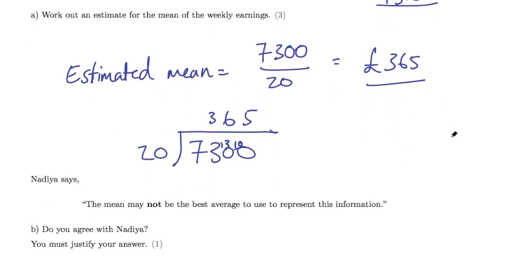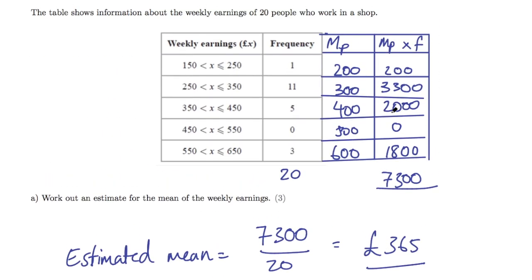And I'd say with a mean, it's sometimes not the best if there are outliers in the data. So an outlier is a data value that's very different from the rest. So if you're talking about wages, if there are 20 people in the company earning £400 a week and there's one person earning £10,000 a week, that person earning £10,000 would be called an outlier. So in this data, I would say we do have outliers because we've got 3 people earning much more than